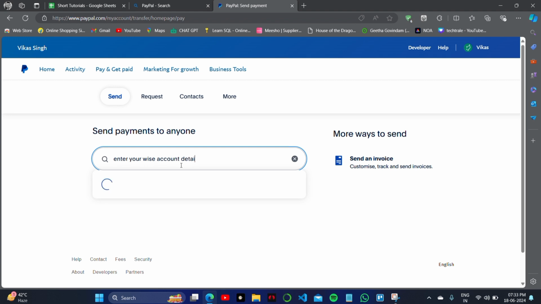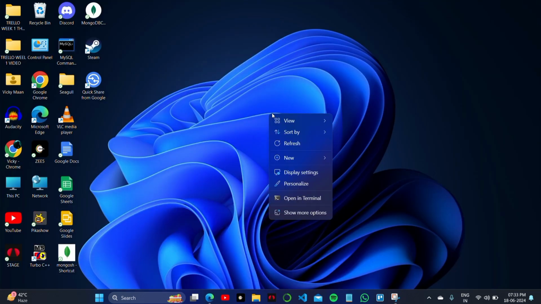After doing it, you can just wait till your balance gets into your bank account, because you cannot do this directly from your PayPal to Wise. But you can do one thing: first withdraw from PayPal to your bank, and then transfer from the bank to your Wise